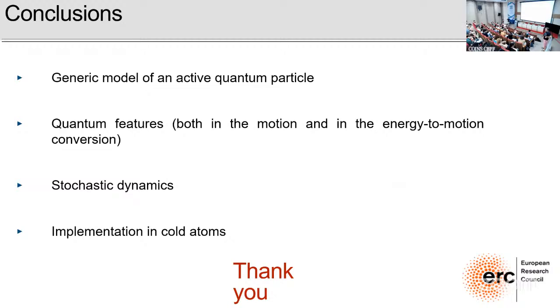So the first one is, if I understand correctly, for you an active quantum particle is essentially a particle with some internal degrees of freedom such that the hopping is coupled to a change in the internal part, so that it is able to move by changing its internal structure. So it's quite standard, not anything exotic. You agree? Okay. I think I saw it at the beginning. Just to be sure, can you go to the slide in which you define the model actually?